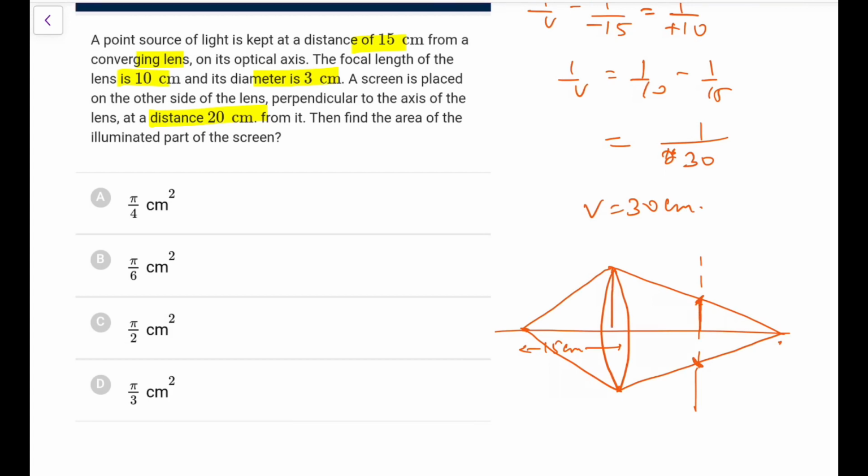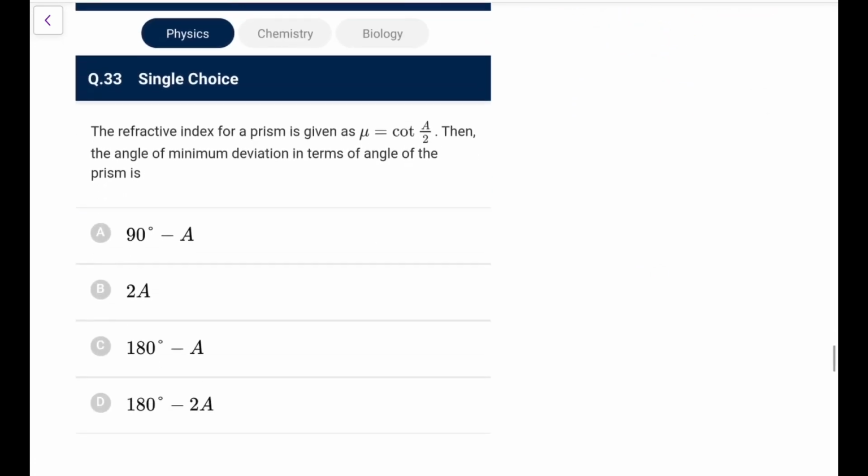You can directly go by the symmetry that you have. This diameter is 3, so you can write this as 3 by 2 and this is what you have as 30. And this one is what we have 10. So if this is 1/3, this would be 1/3 also, this would be only 1 by 2. So 1 by 2, 1 by 2. So what we have, this is 1 by 2 radius, you can make it out. So that area would be pi into r square, pi into 1 by 4, you can make out pi by 4 centimeter square. Go for option A, very nicely asked question. It's a really good question.